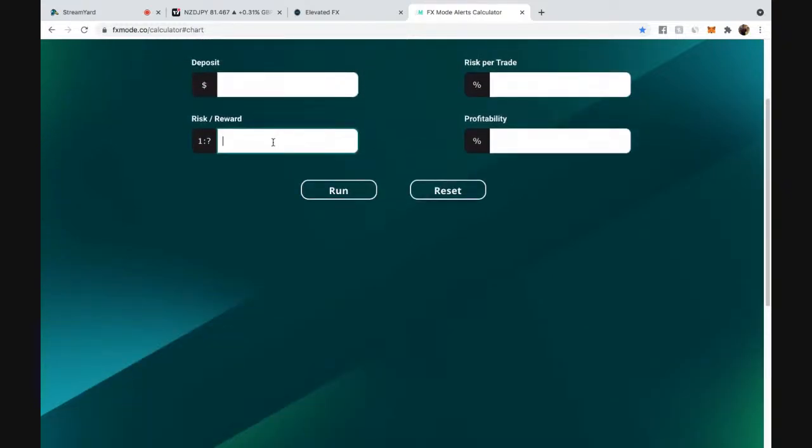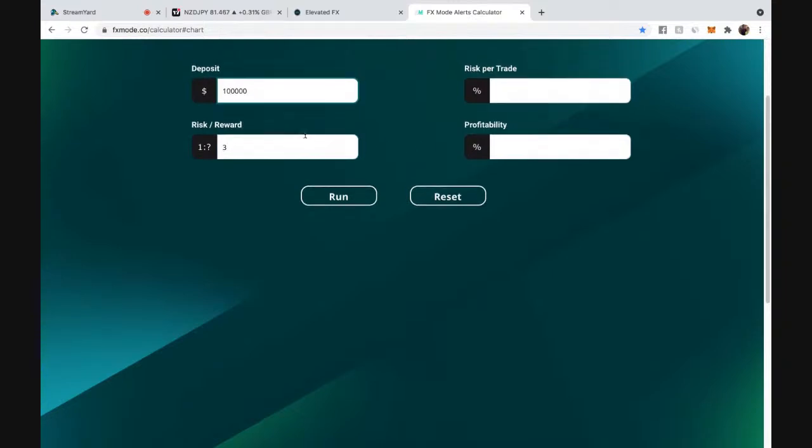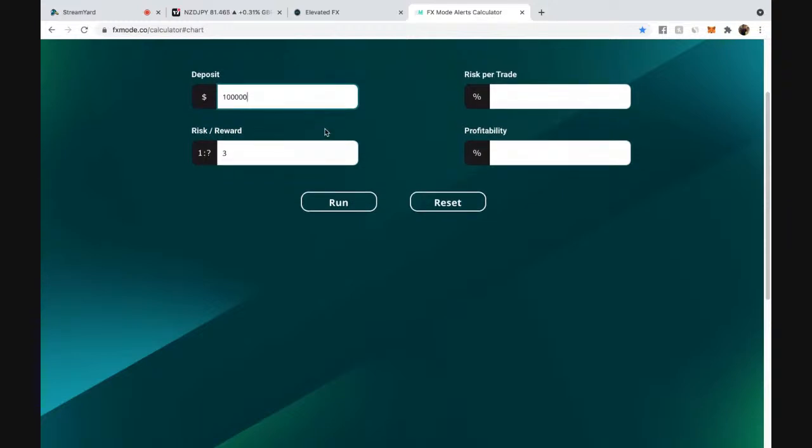So as you already know, Enigma sends out 3-to-1s, right? And hypothetically, if you have a 100K trading account, which you can get funded inside our Elevated Capital program, and let's say you're risking 1%, how accurate does this system have to be so you can be a profitable trader? Well, I'm going to simplify it and let you know you don't have to be 100%. In fact, you don't have to be 80%. You don't have to be 60%. You don't have to be 50%. In fact, you can be 40% accurate using a system such as Enigma.